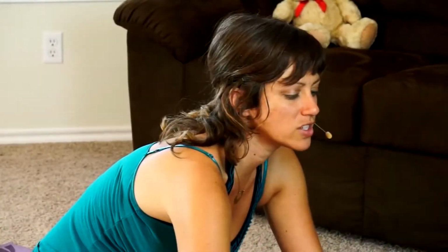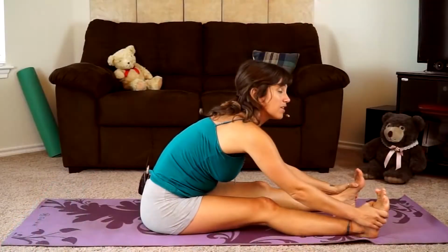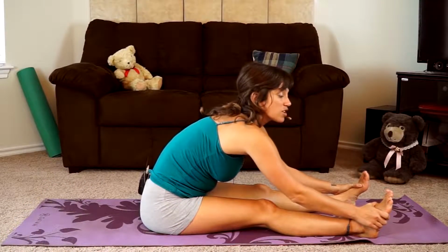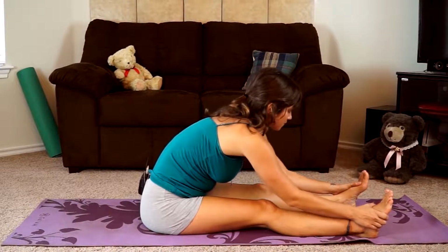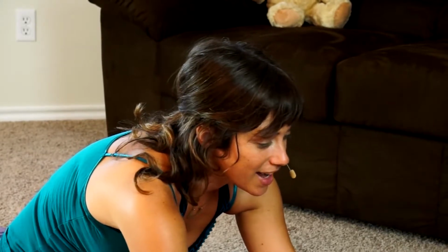Then we'll just slowly start to fold your body forward. Now this can be kind of an intense way to start our stretch today, so we're just going to go slow and take your time. While we're hanging out here in this forward fold, slowly starting to open your back body,